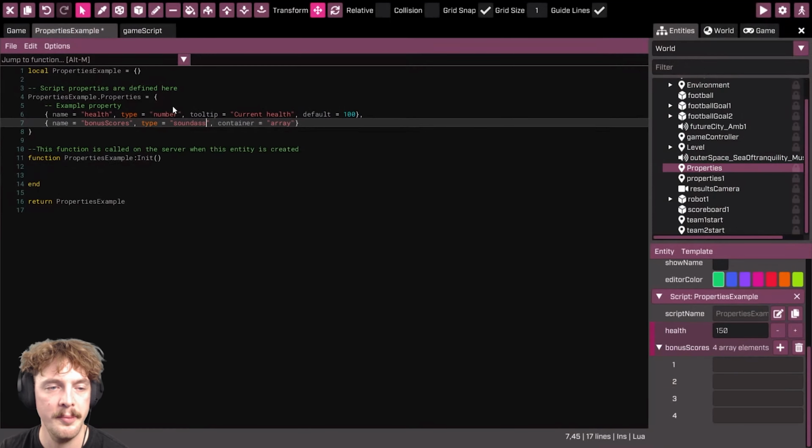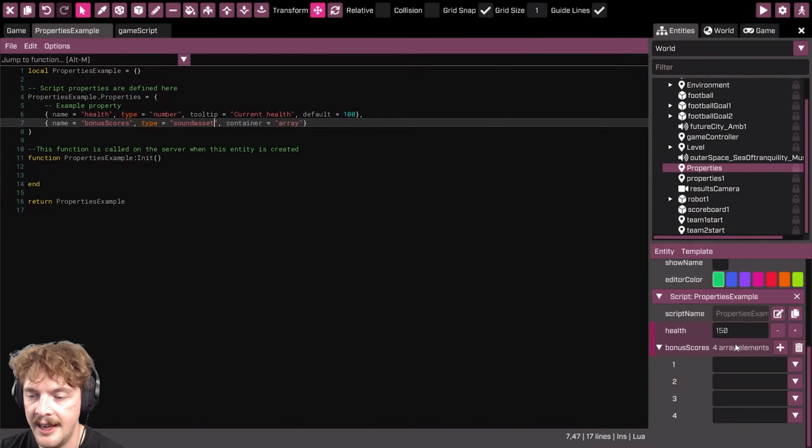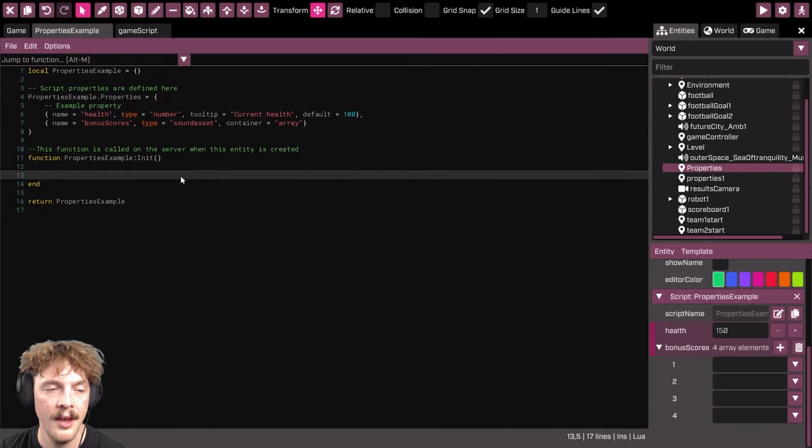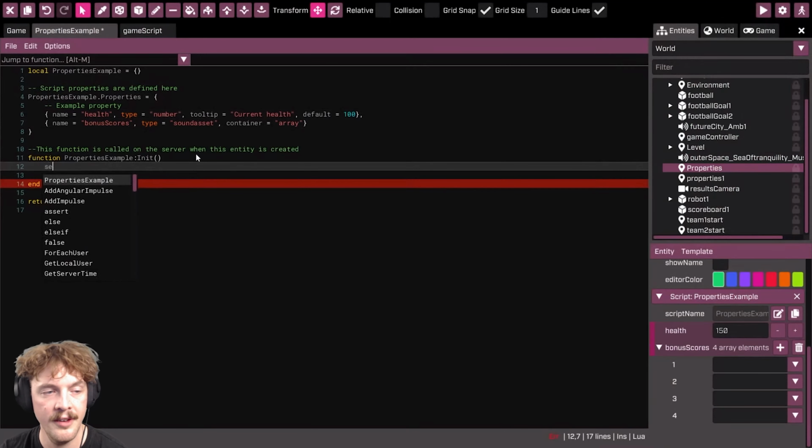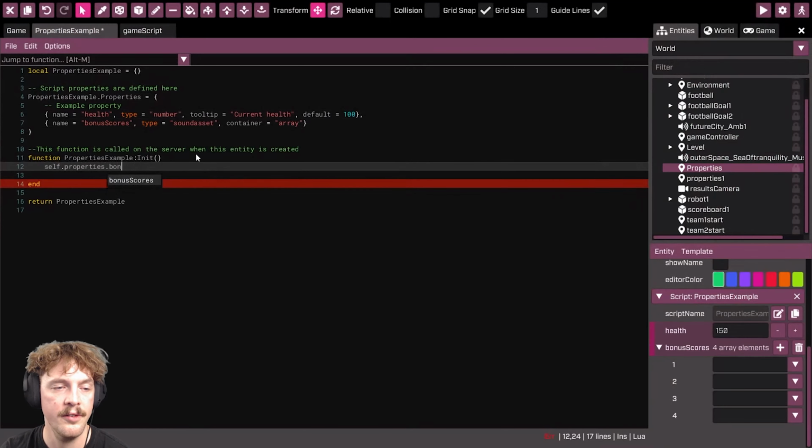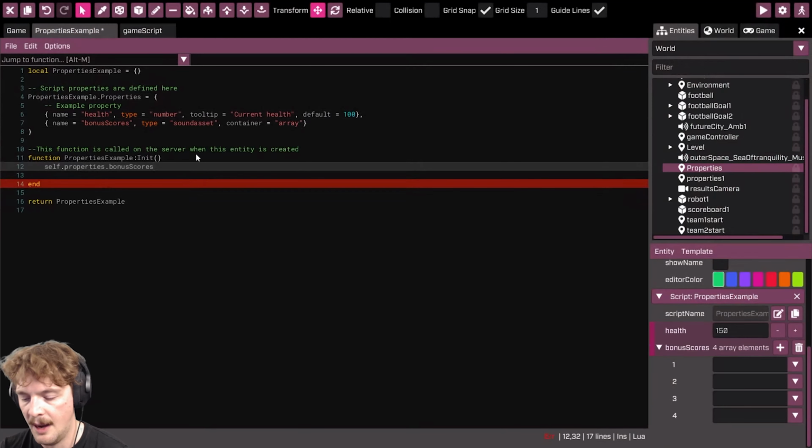Let's change this back to sound asset. You can see now we have the ability to store 4 sounds in our bonus score. If we want to refer to that, we can do self.property.bonus scores, and we can refer to them using square brackets and then the number of the items. So 1, 2, 3, or 4.